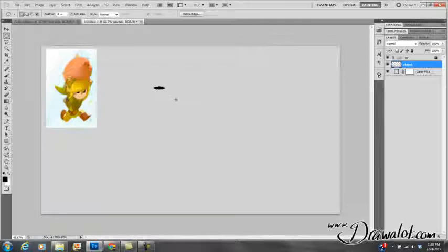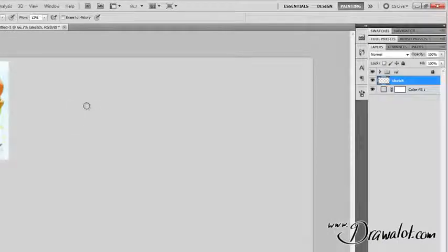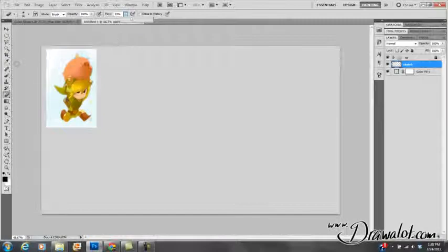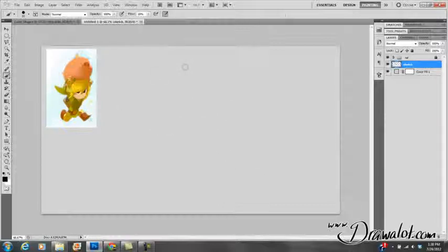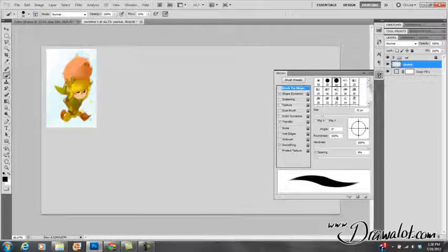Define Brush Preset. I'm going to call that a wide brush. Okay, so now if I press Backspace, I delete that. Control D to deselect. I can go down to my eraser. I can erase what I've done so far. Press the B button to go back to my brush, or I can click on the brush over here. So now I can draw to my heart's content, right? And the cool thing is now I can go to my brushes over here, and if I go to the last one,